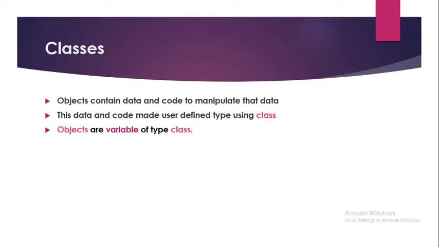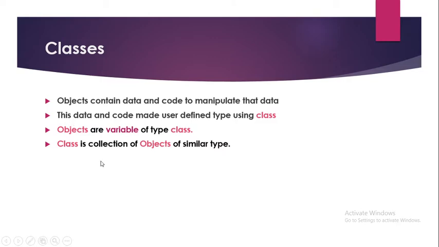If I am saying that a class is my user defined data type, with this user defined data type I can create any number of objects, which are nothing but variables of type class. And the declaration of objects is very simple, just like our declaration of usual variables, like int a, float b, as we used to declare our normal variables. Just like that we can declare objects for our user defined class.